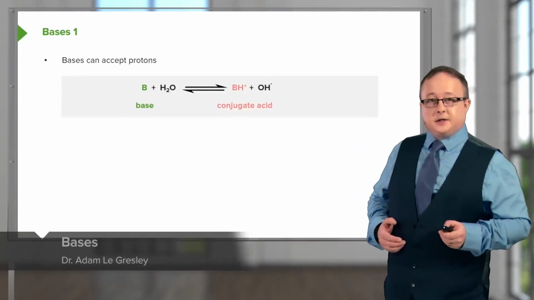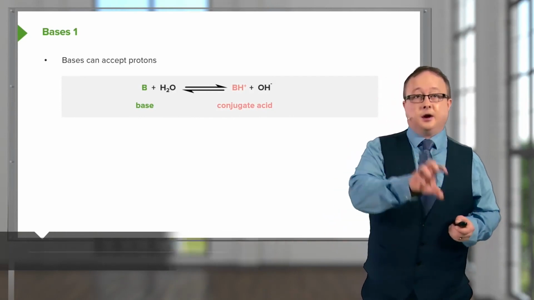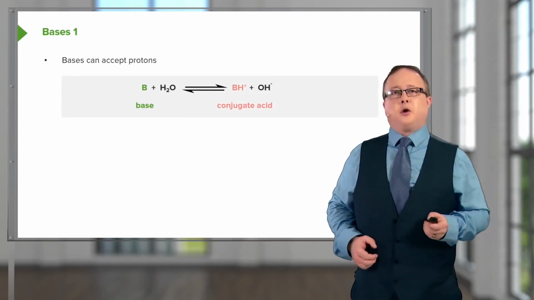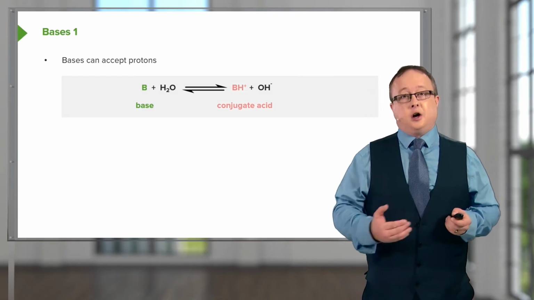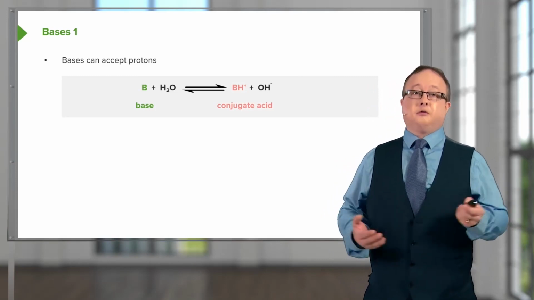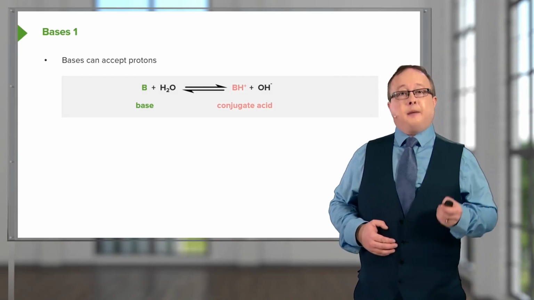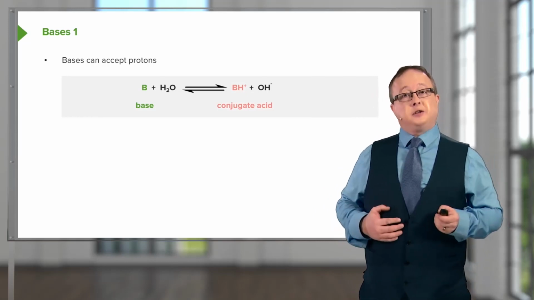Let's get on to bases. So we've talked about acids, we've talked about the dissociation of acids into conjugate base and H+. Now let's talk about bases. There are a number of different bases. These can be charged bases, such as hydroxide, or uncharged bases, for example ammonia and amine derivatives. What happens in the case of a base, as we said before, is that it can attract H+, or